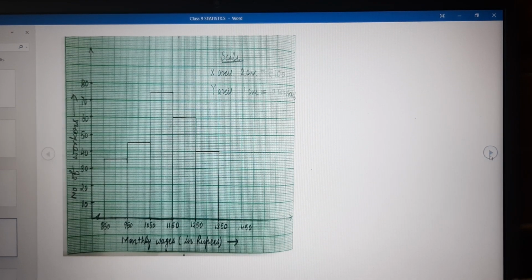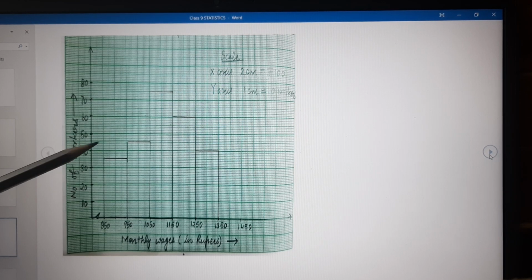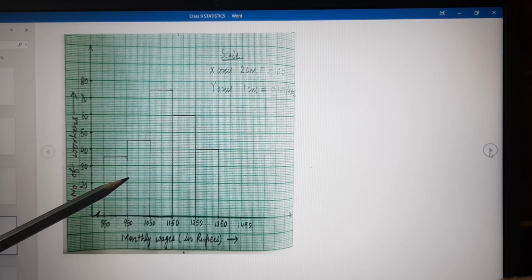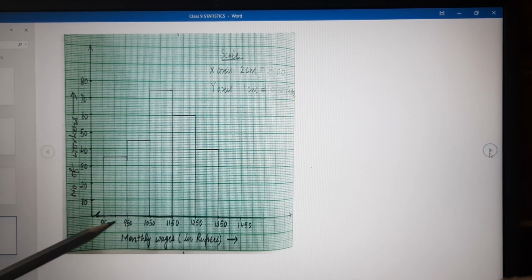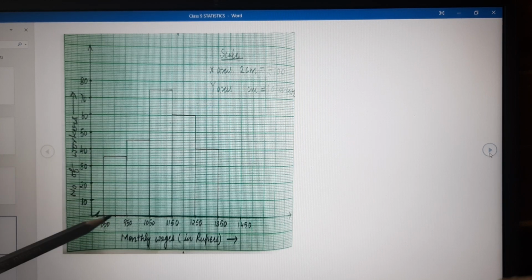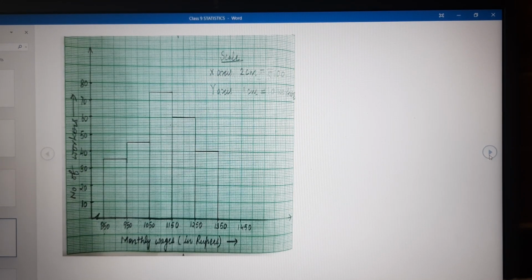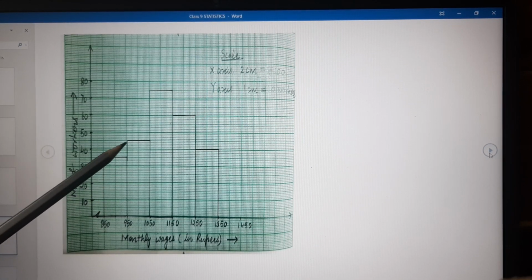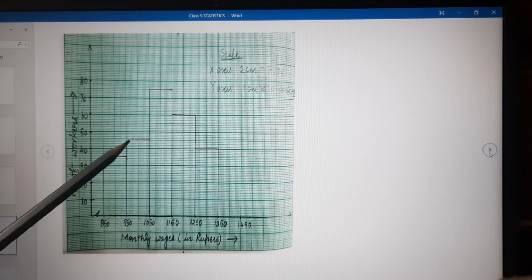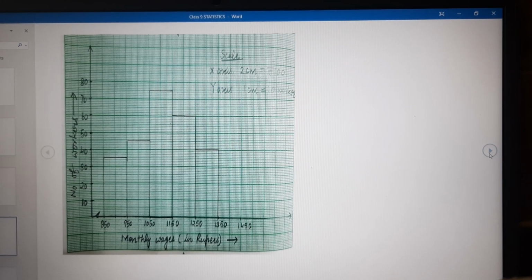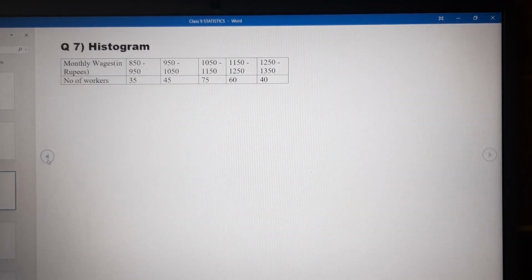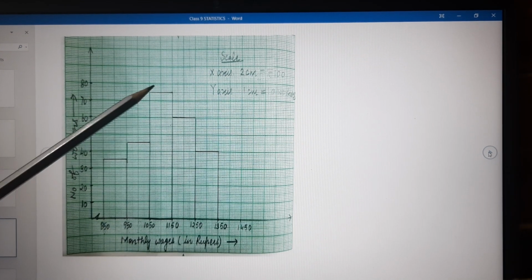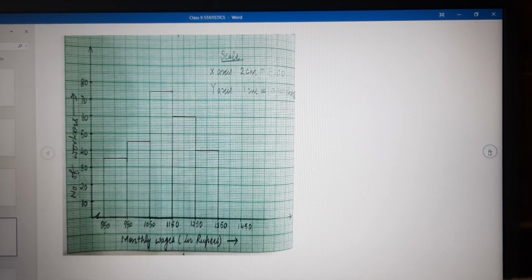This is the basic difference between the bar graph and histogram. There is no gap here. If a gap is there, that is a bar graph. And if we have class intervals, then because their class limits will overlap, that is why they will be joined end to end. And 45 I have represented, 5 small blocks or dimension line, and then likewise it has been done. See, 75, 60 and 40, all values are here only. 60, 75, then 60, then 40.